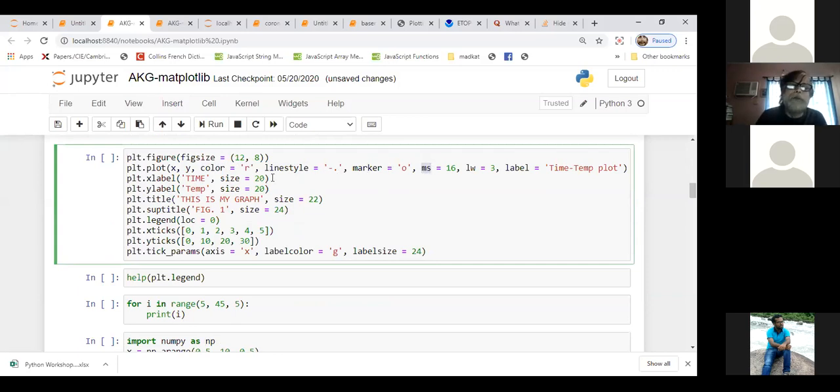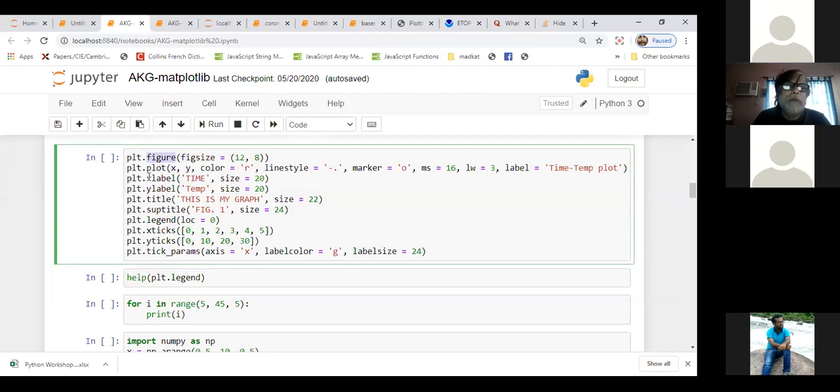If you type help, and inside that you write plt.plot, it will show you everything. Then LW is line width. Label is the label it will write. Then you can have figure size: plt.figure. So remember everything. plt is the pyplot module in short name, under which figure is a function. Whatever comes with two brackets, meaning parentheses, is a function. So inside that, as a keyword argument, you write figsize equal to (12, 8). That means the figure size will be 12 by 8.